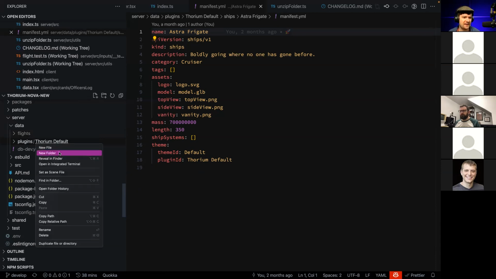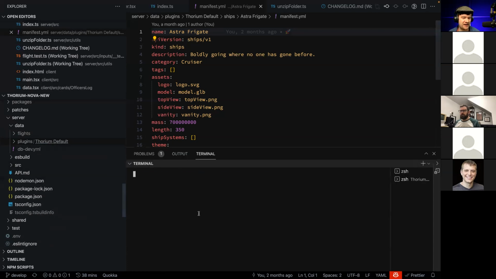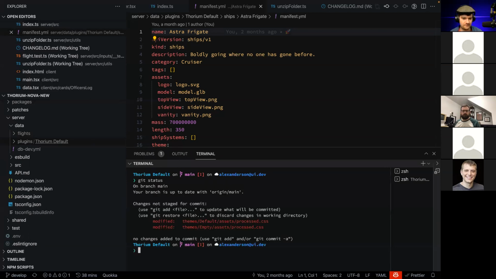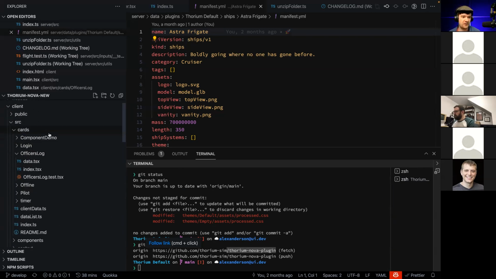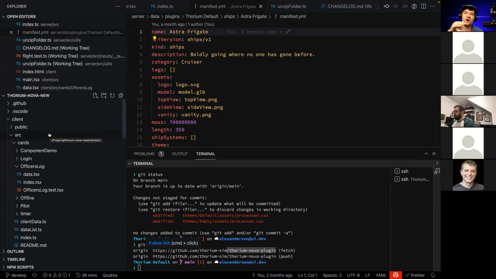One exception is this Thorium default folder, which actually is a Git submodule. It's its own Git repository. So you can see that it's in the Thorium Nova plugin repository in the Thorium sim repo. And that makes it so that we can work together on this default plugin, which is the plugin that's going to be distributed with Thorium Nova when it's bundled as its own Electron app. So if someone were to be enthusiastic about developing things and